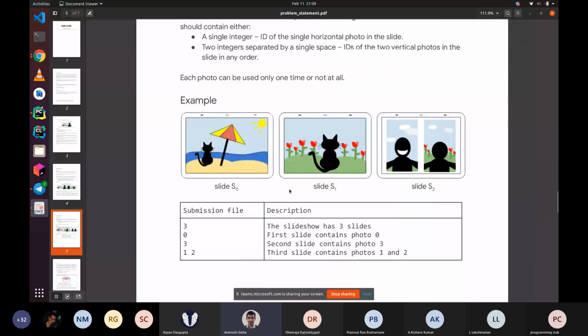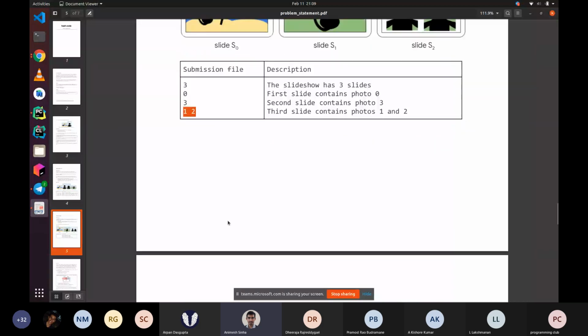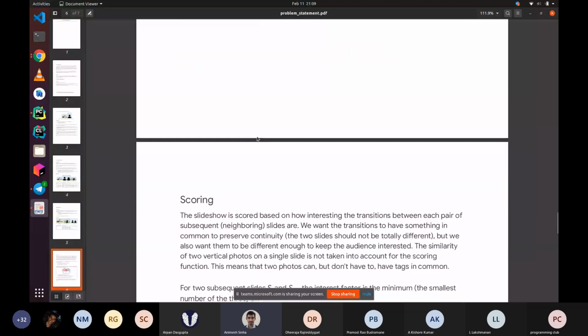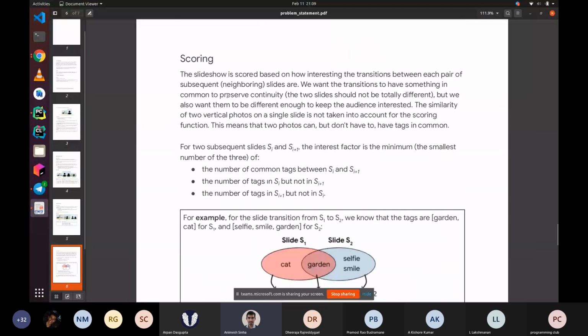And in our output, we are trying to put together a list of slides. Each slide can be either a single number like 0 or 3, or it can be a pair of numbers like 1 and 2. The single numbers correspond to indices of horizontal images, and the pair of numbers both correspond to indices of vertical images. When we are trying to write out a Hashcode solution, it is going to be of some importance to us to code all of these solution validators up and a basic checker, a basic scorer, so that we can ensure that our solutions don't go awry and we end up with invalid solutions, because that's reasonably likely to happen as you try out different approaches.